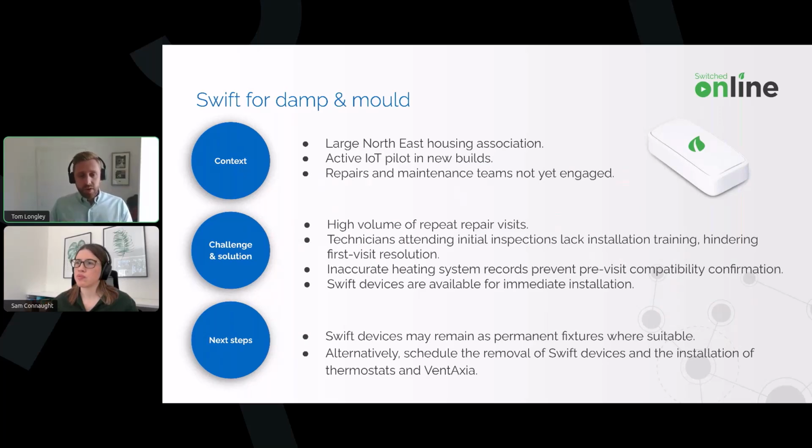So what we ended up doing was they've got now a floating stock of Swifts across their damp and mould team. And once they are called out to a visit, they will, on first visit, put a Swift in whilst they're doing that initial inspection. They're then using that data to confirm that any remediation is completed, but to Sam's point, start to look at what causality could potentially be and maybe change their recommendation for what the fix could be based on what we're